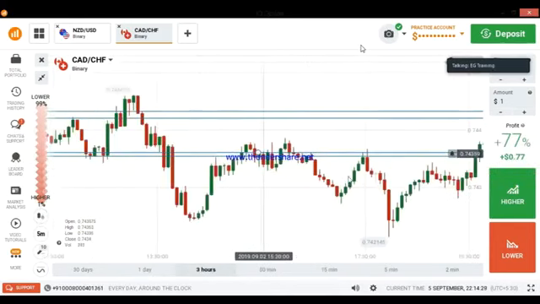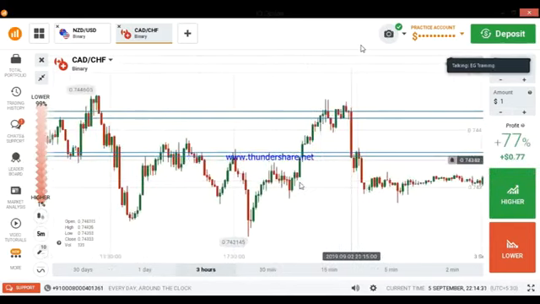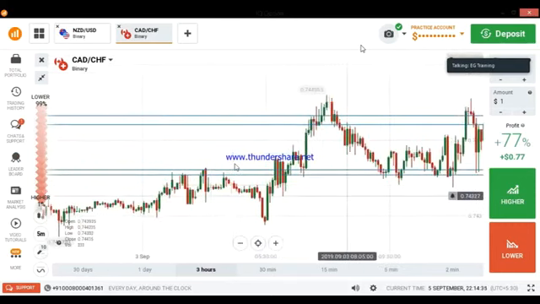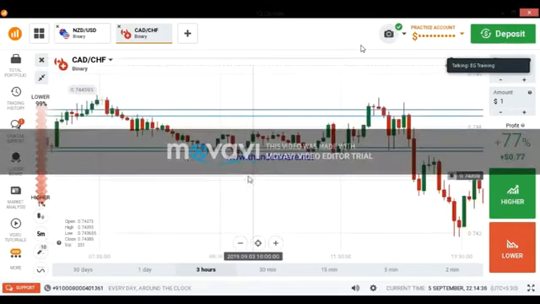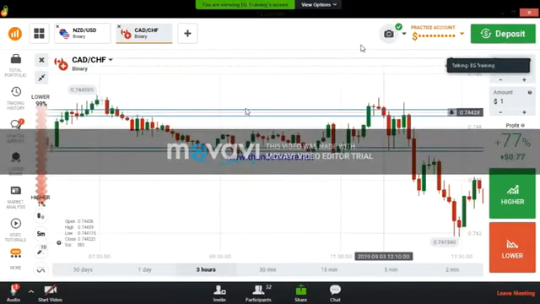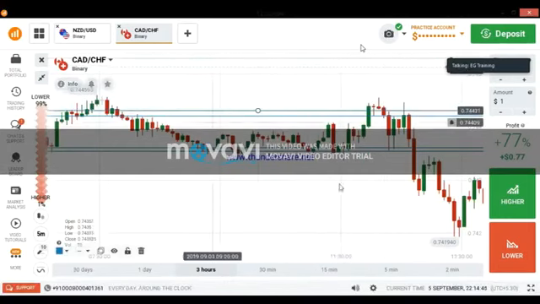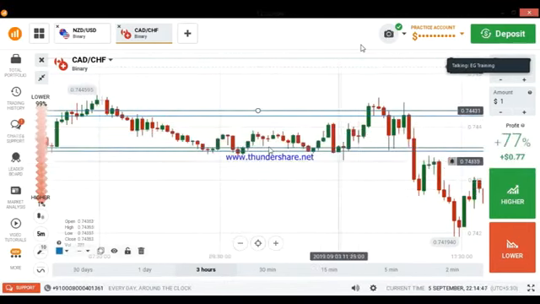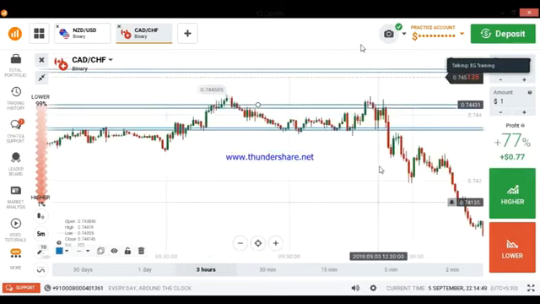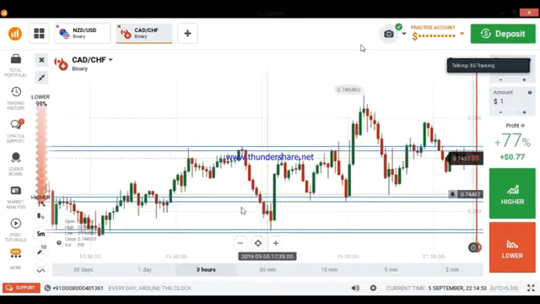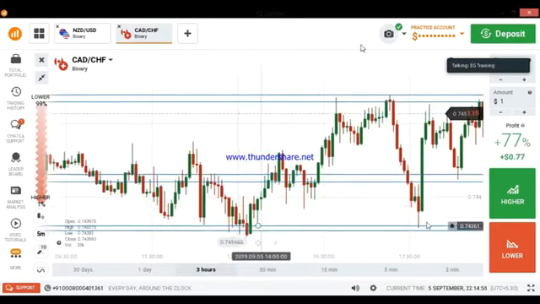Okay, this level is a strong level. Here also, the market is respecting this level mostly, not this level. This level is working sometimes, sometimes it is not working, but this level, the market is respecting mostly, so we can trust this level. You can see here also, it reversed, it got support.